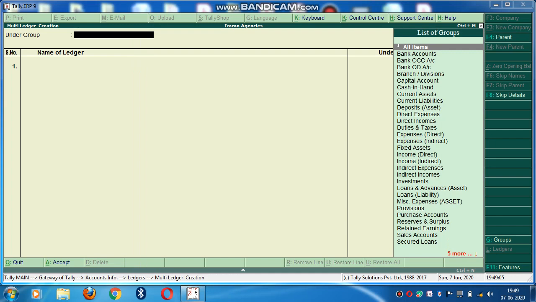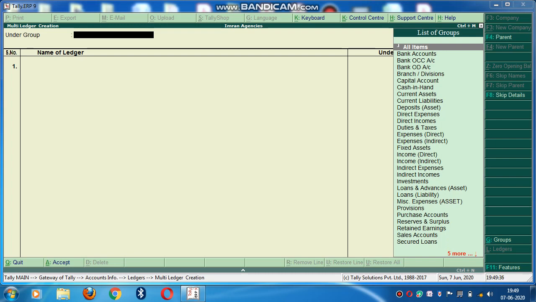So I'm going to create parties. In single ledger mode I can make only one party account, but in this I can make a bulk of parties, 50, 20 or 30, as per your working requirements or wish, whatever you want.